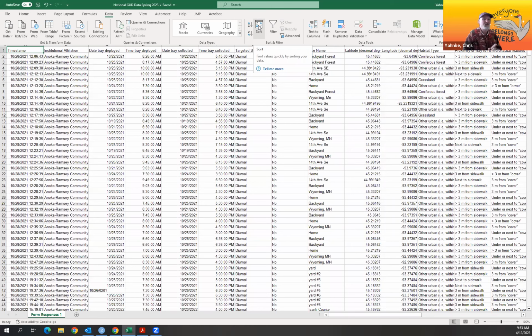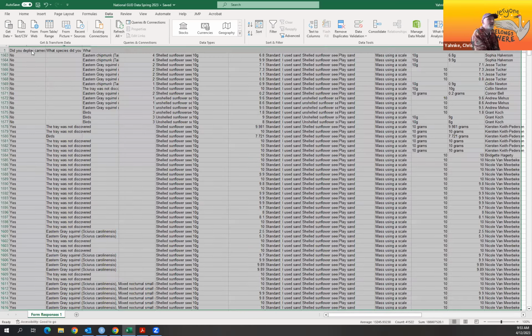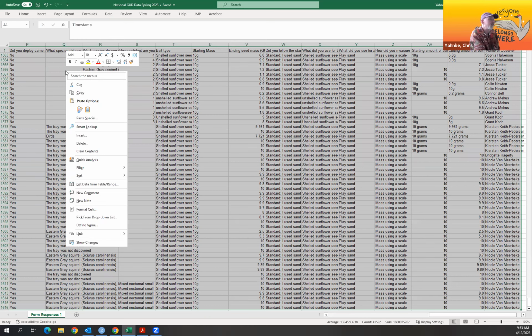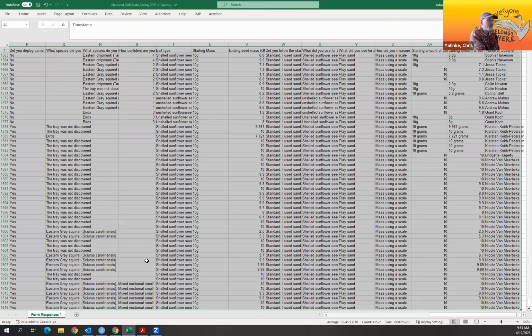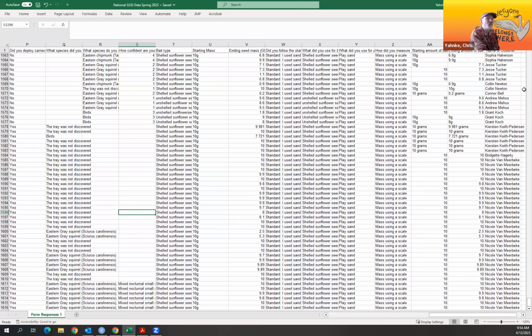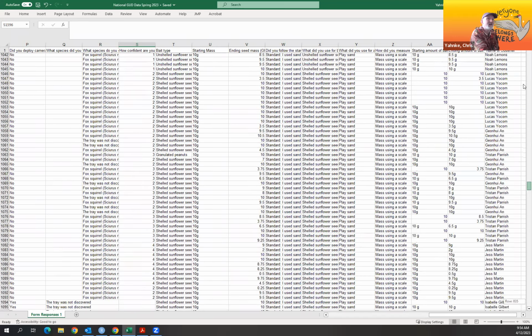This happened with this squirrel net data set when I was just playing with it. So the thing to do is to hit Control A, which is going to give you all the cells there, and then right click and click on Format Cells. What you'll find is that merge cells may have been clicked. Unclick that. So unclick merge cells, click OK, and now you will be able to sort your data